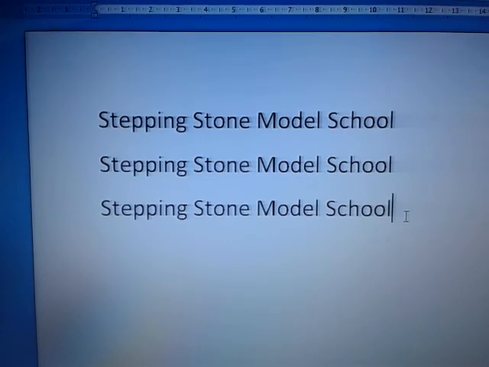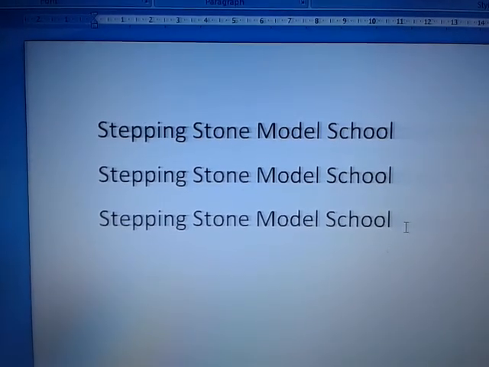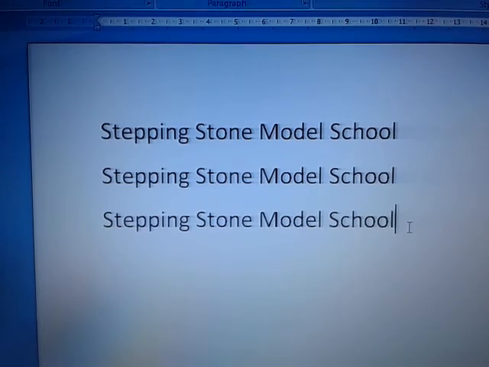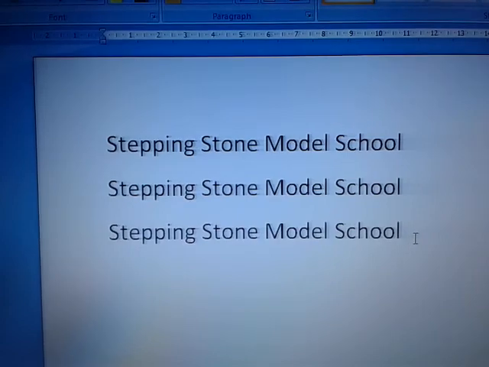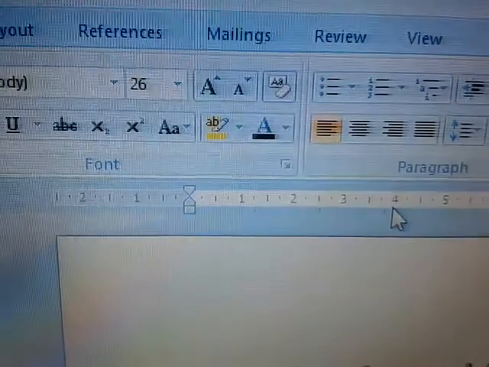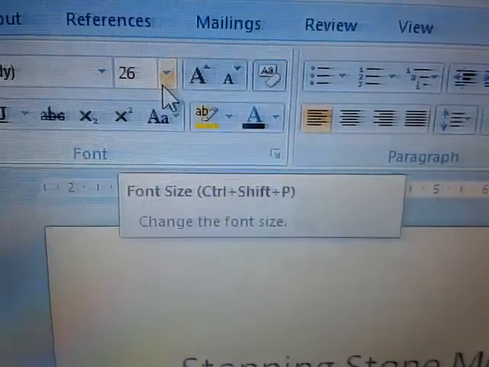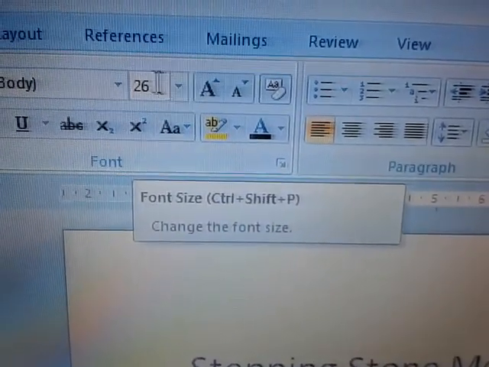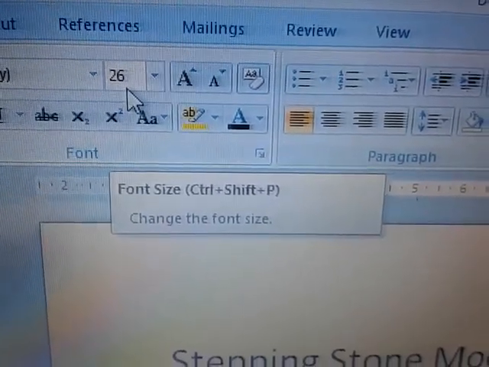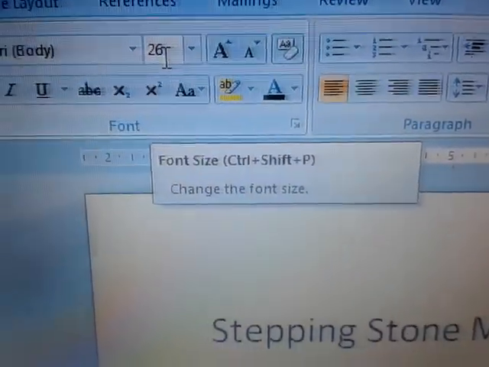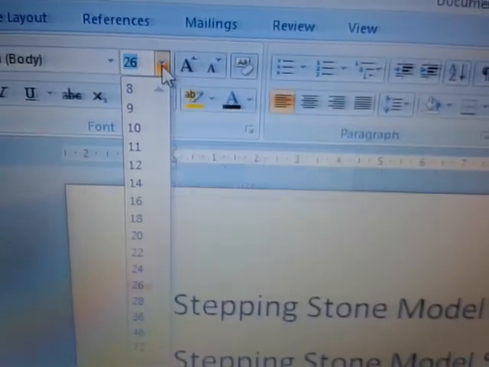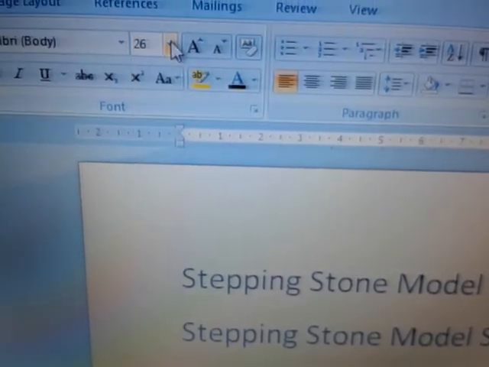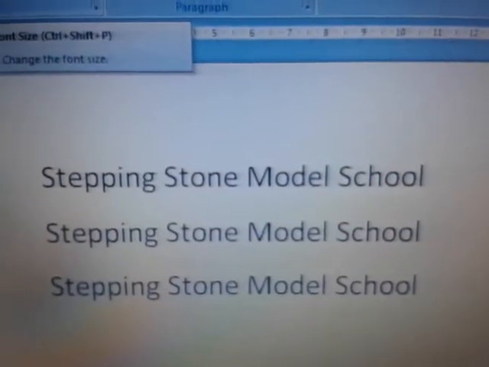Today I will show you how you can change the style of your text. Different lines will be written in different styles. Also notice the size. The default size is 11. When you open MS Word, it will give you size 11 by default. But here I have increased the size to 26. You can set a size of your choice. We have done this in our earlier video.